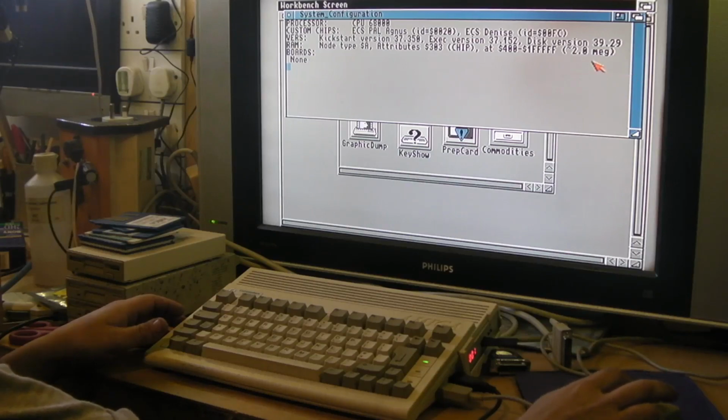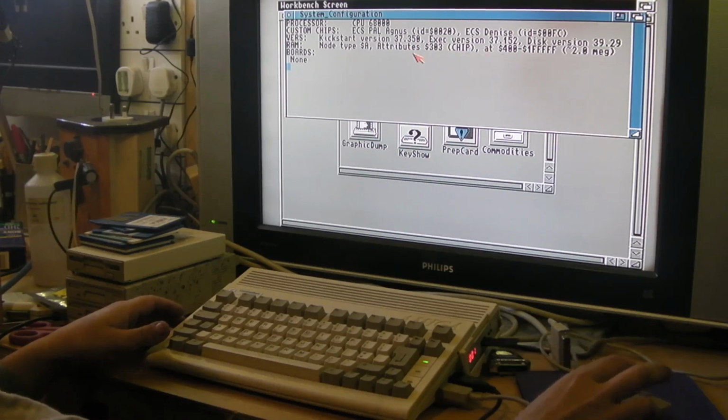Well, it's definitely showing us it's got 2 meg of RAM now. So that's working, but I still don't know whether the real-time clock's working. I can't see anything here mentioning it. It says boards none, but I presume that's looking for accelerator boards and things like that. No, there's nothing on there that's...